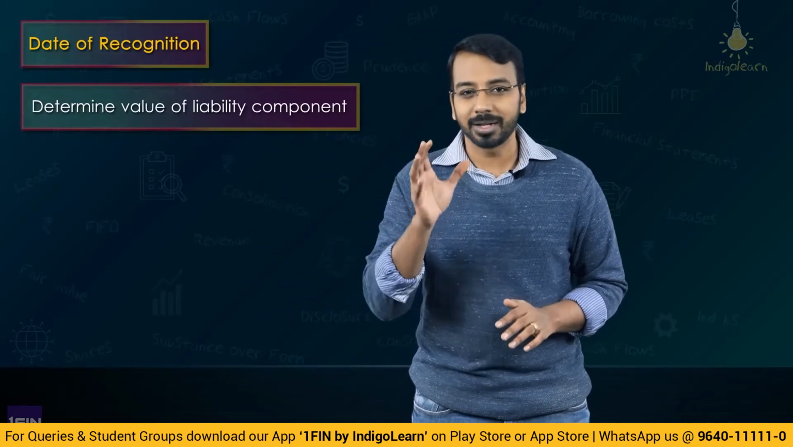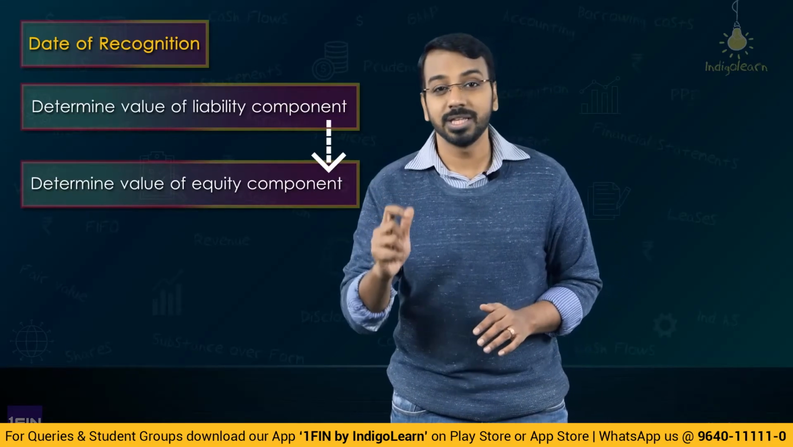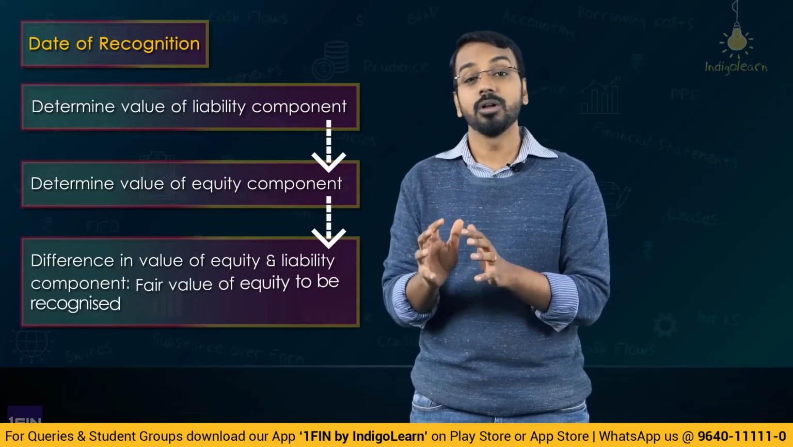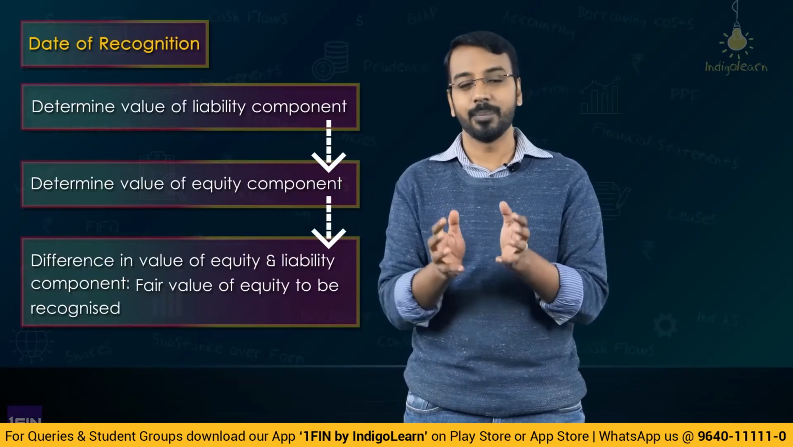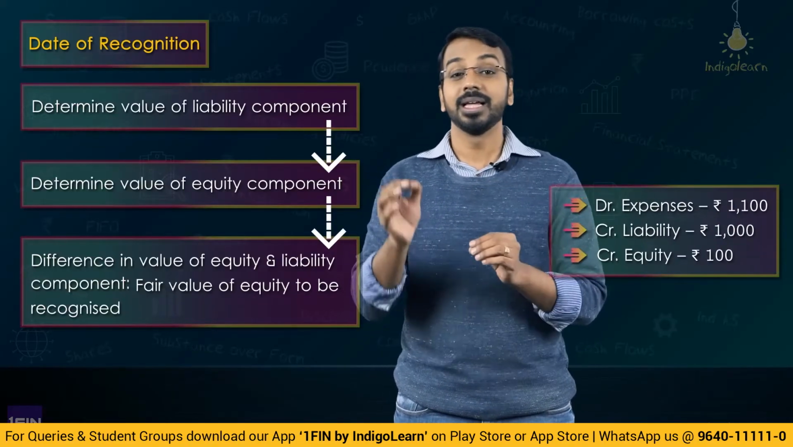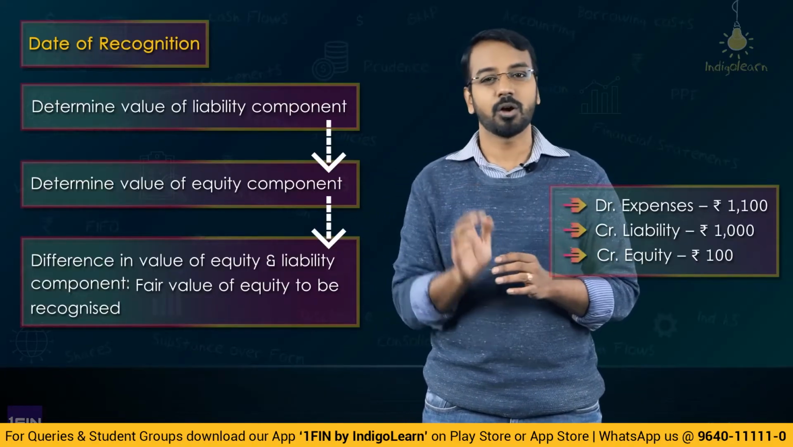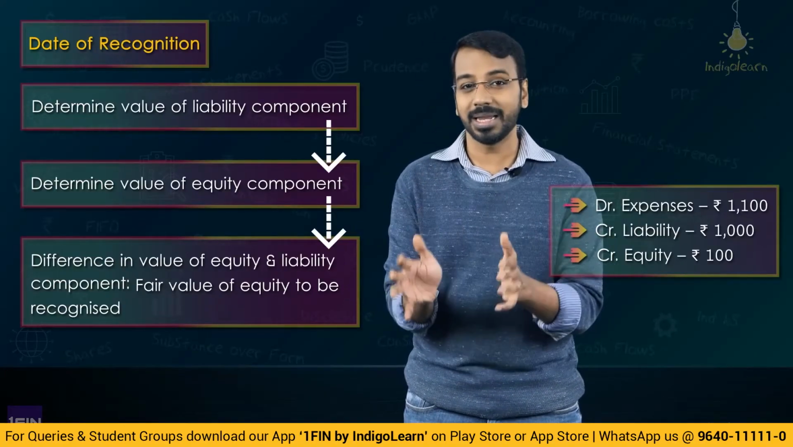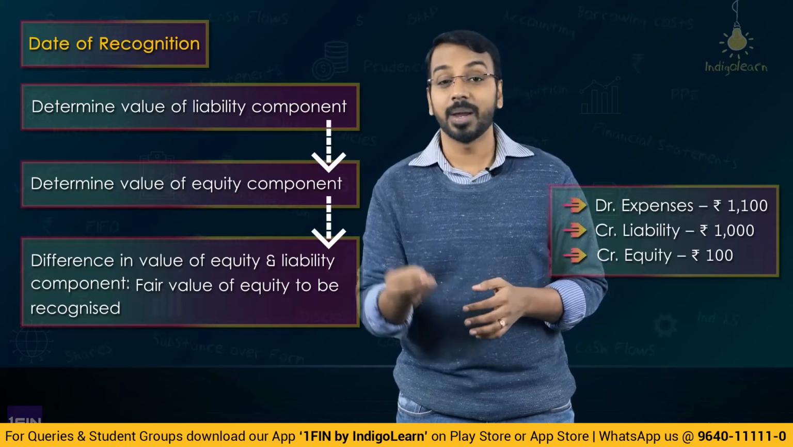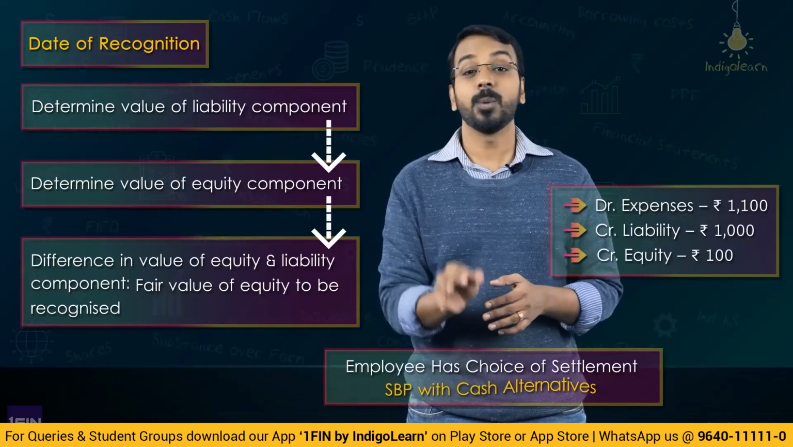At the date of recognition, you will determine the value of the liability component, you will determine the fair value of the equity alternative, and the difference between these two will be the equity component. So your expense will be the sum of liability component and equity component. In our example, 1000 was the liability component, 1100 was the fair value of equity alternative, 100 is the value of equity component, and the expense is 1000 plus 100, 1100, right? This is a simple example for us to understand the treatment when employee has an option under SBP with cash